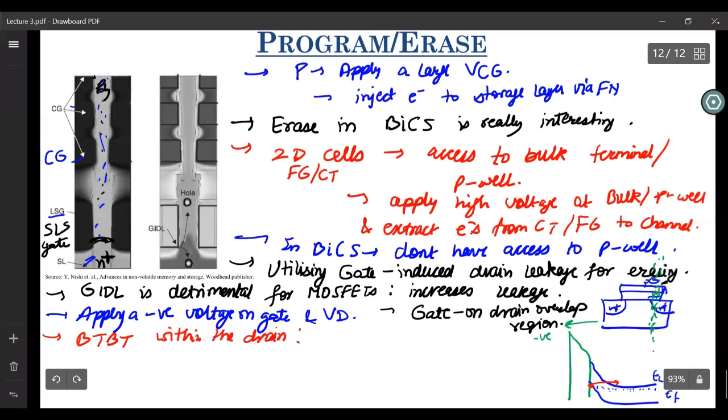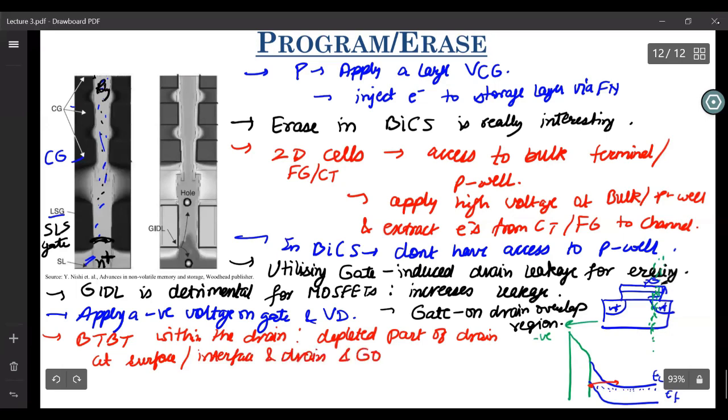From where to where? From the depleted part of the drain at the surface or interface of drain and gate oxide to the bulk of the drain.